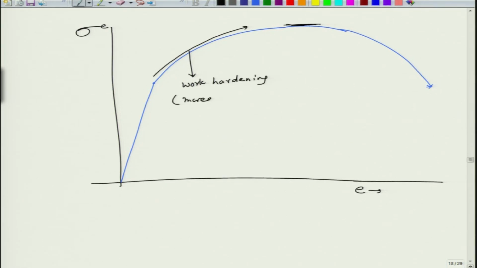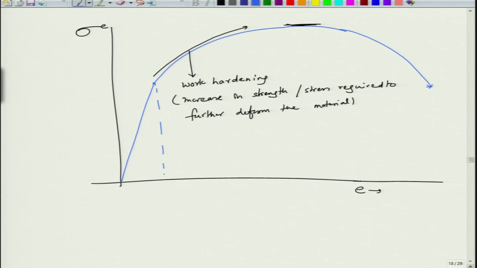Basically, increase in strength or stress required to further deform the material. So, essentially what I mean is that you start at this point, the yielding will start at this point,